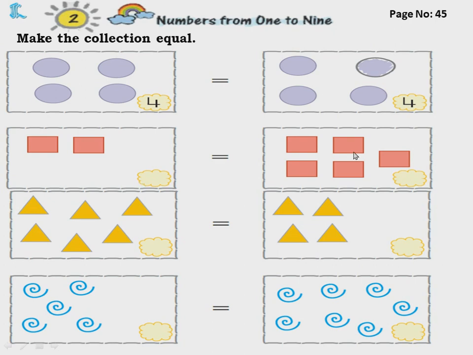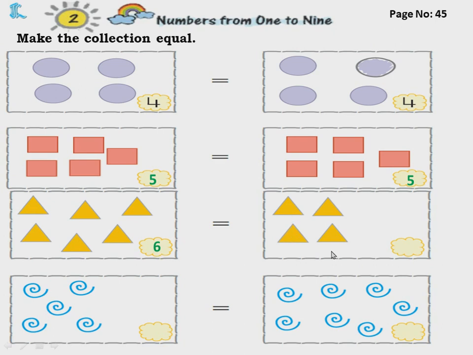Now you first count it. Whichever is having more, you count that. See, when we see which is having more, this is having more. How many? 1, 2, 3, 4, 5 are there. But here only 2 are there. So we have to put one more, 3, 4 and 5. Now we made it equal and then we'll write the number. So when we see which is more, this is more. How many are there? 1, 2, 3, 4, 5, 6. So we'll write 6 here. Then here how many are there?